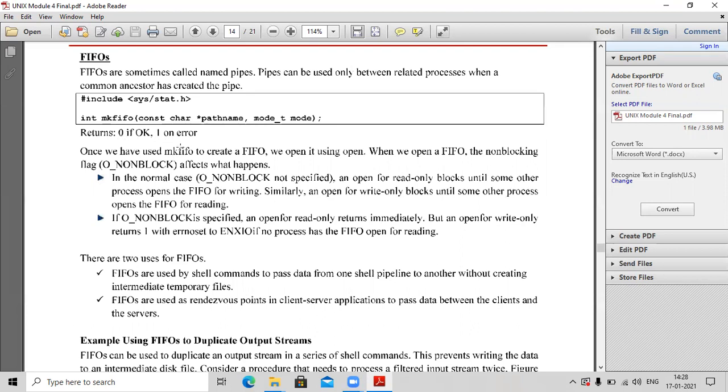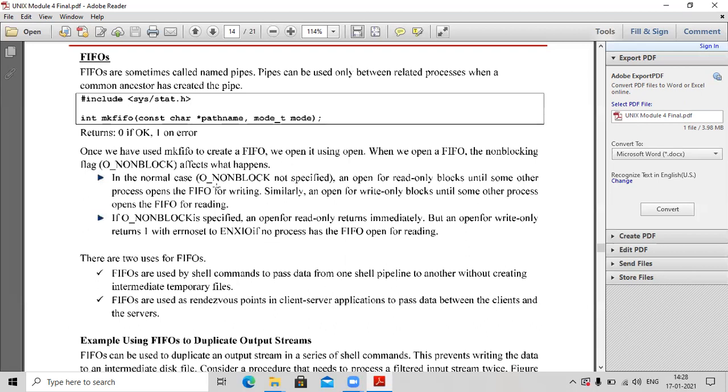Once we have used mkfifo to create a FIFO file, we need to open the FIFO file using the open API. Once it has been opened, it can be used for communication between two processes. When we open a FIFO file, we can open it in two modes. The non-blocking flag decides in which mode we are opening the FIFO file.